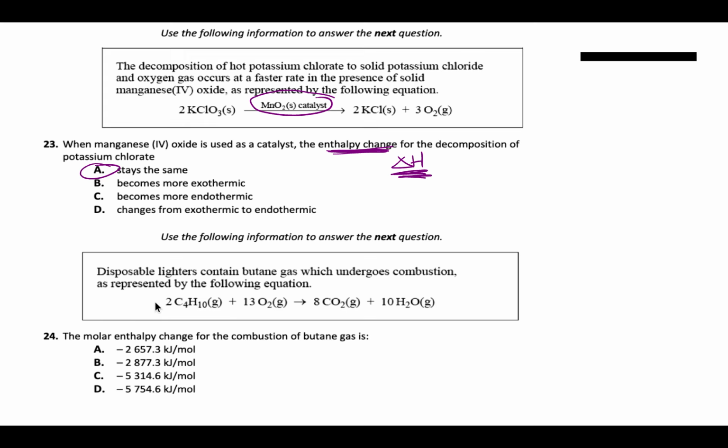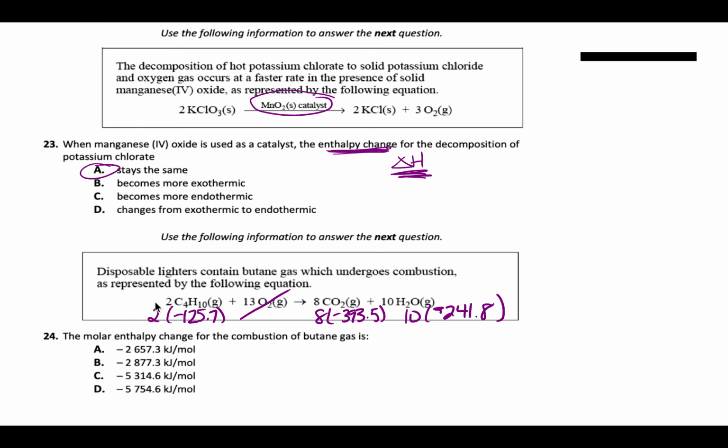Number 24, we have another Hess's law short. So just going through it, if we need to, you have 2 moles of butane. So getting that value from page 4 or 5 of your data booklet. And you have 13 moles of oxygen, but we know that that's just going to be 0. 8 moles of carbon dioxide. And 10 moles of water. Negative